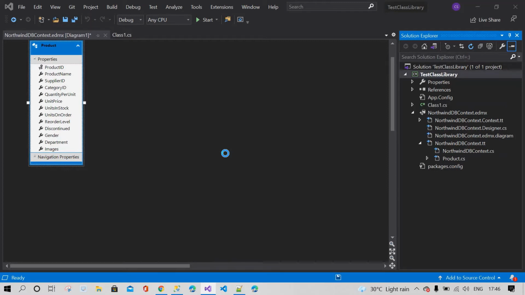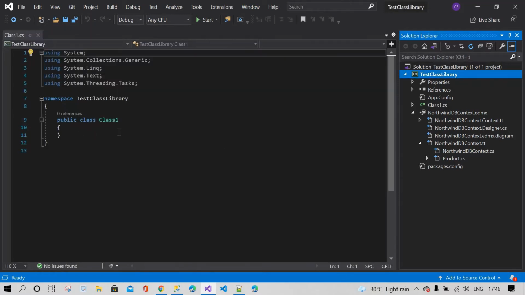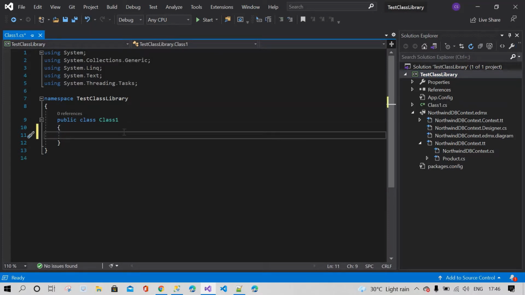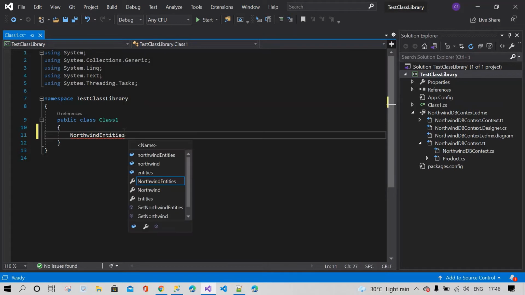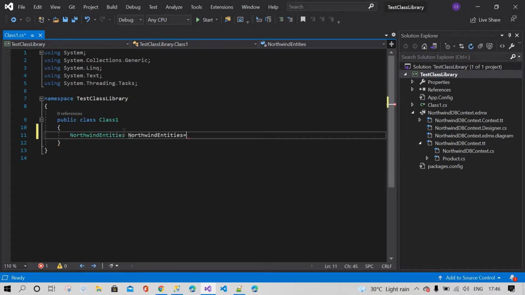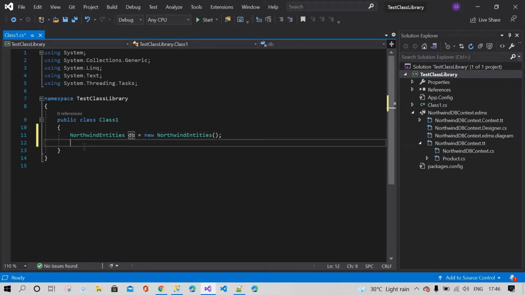First of all, we have to create an instance, because if you create an instance you are eligible to consume the entities' table names. We have to create the instance of Northwind DB entities: Northwind DB entities equal to new this. I have created one, so I will change the name. Now I have a class, and I'm going to create a method.